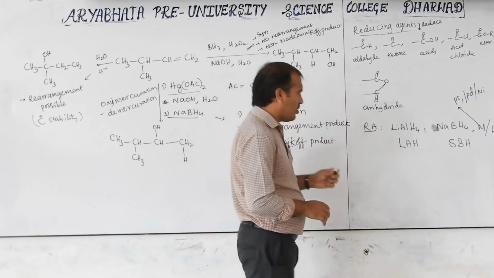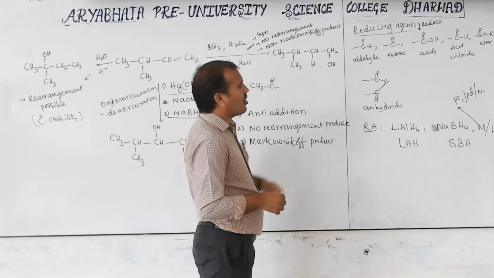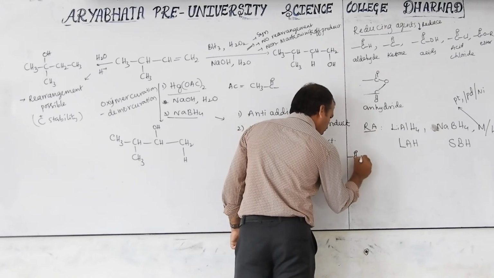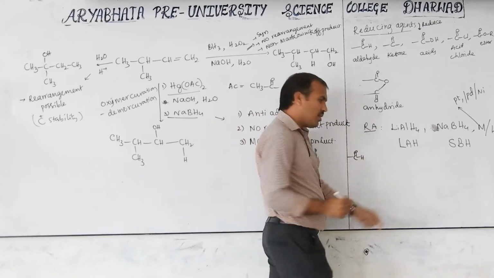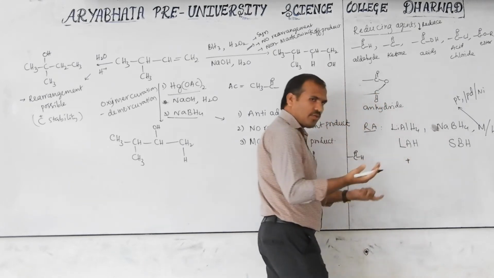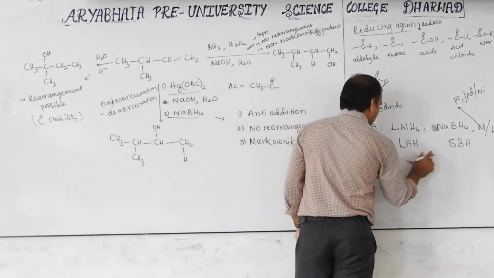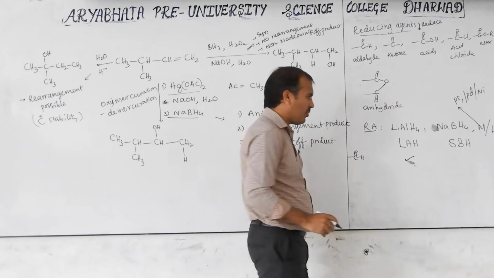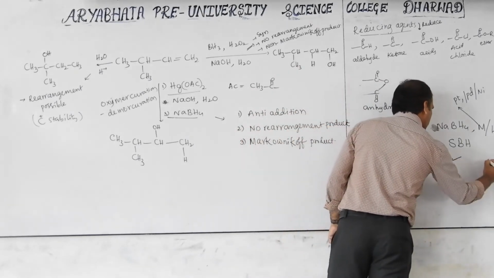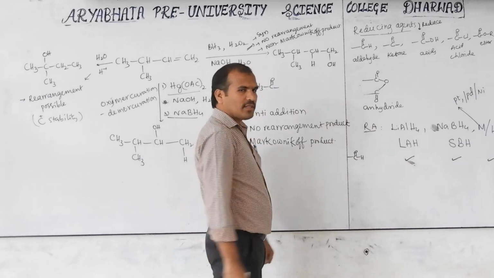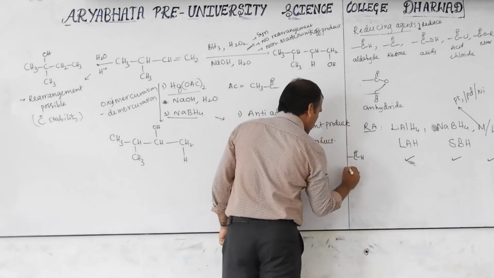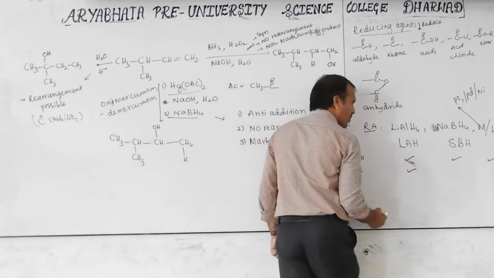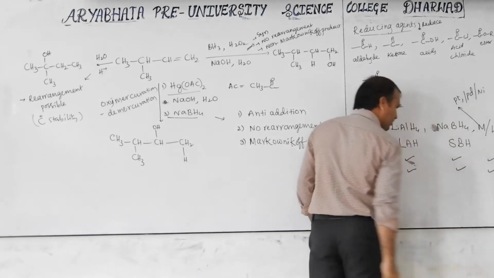Now let us see how these carbonyl compounds are reduced. One by one I will write it. Aldehyde: will it be reduced or not? Where reduced, I will use a positive sign, meaning a positive reaction. Lithium aluminum hydride reduces aldehyde. SBH also reduces it. This one also reduces. We will discuss that separately later. Next, ketone: ketone will be reduced with LAH, yes. Here also yes, here also yes.